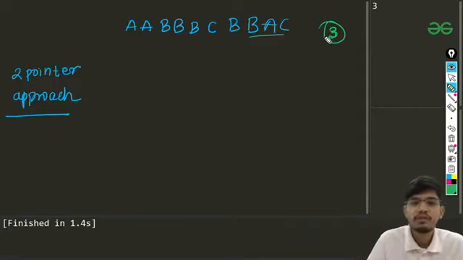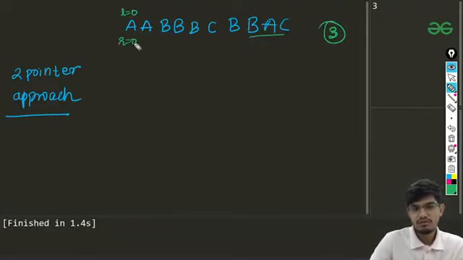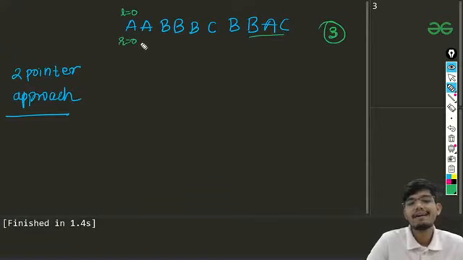First we'll take two pointers, L pointing to the start, and R equals 0, and we'll just move our R pointer. We'll move R until we get the total number of distinct characters to be 3.